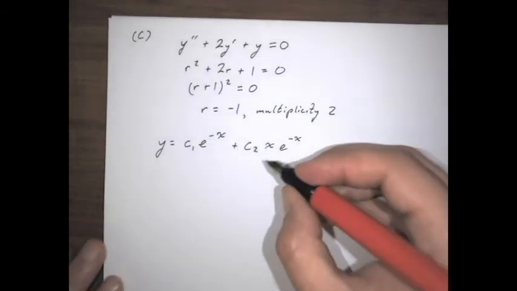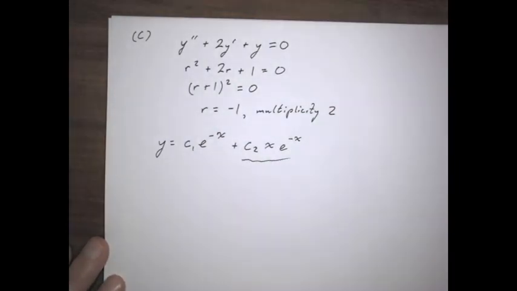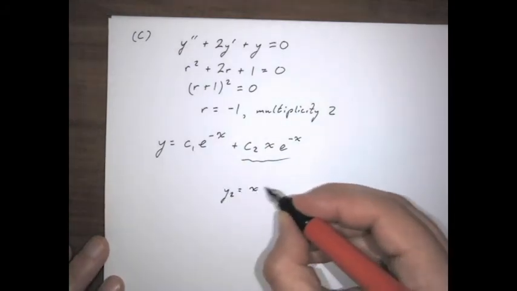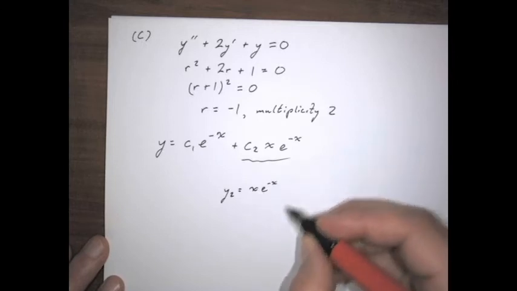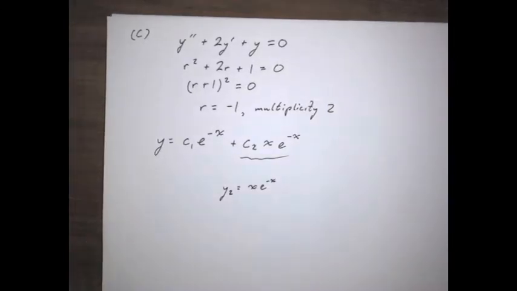Now to check this part, which may seem a little strange to you, let's just check the y2 equals x e to the negative x part. This is the part that's novel about this, and if we were to check this,